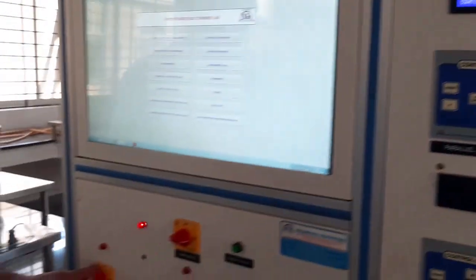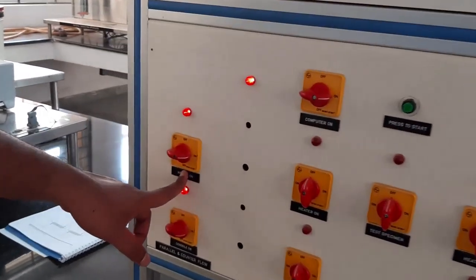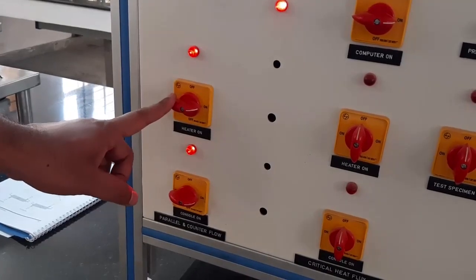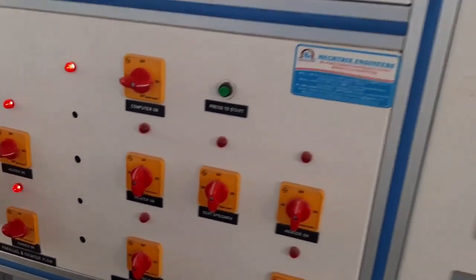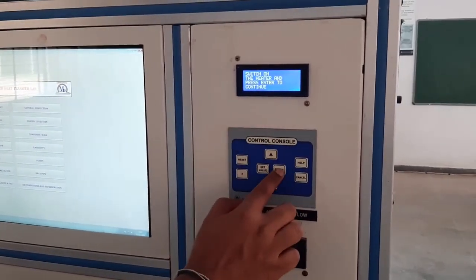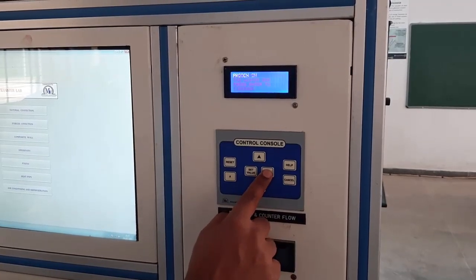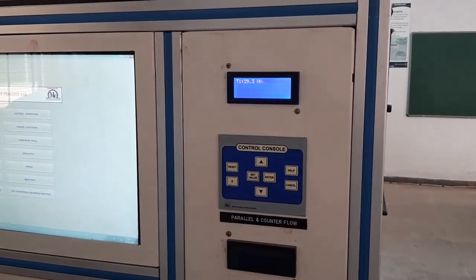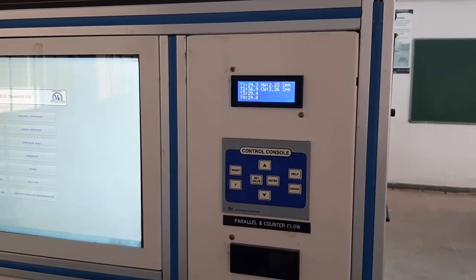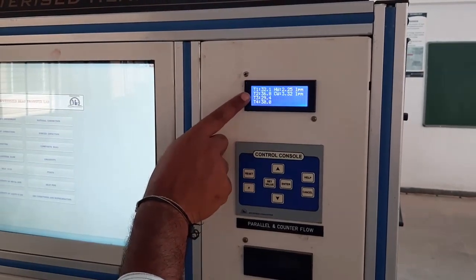Now I will switch on the heater. This is the heater, so that the hot water starts, so that the water going to the geyser gets heated up and starts flowing through the respective pipes. So now we switch on the heater and press enter to continue. I have already switched on the heater. Now I am pressing enter to continue. Now it is showing some message here. You can see the rise in temperature of T1 and T2.